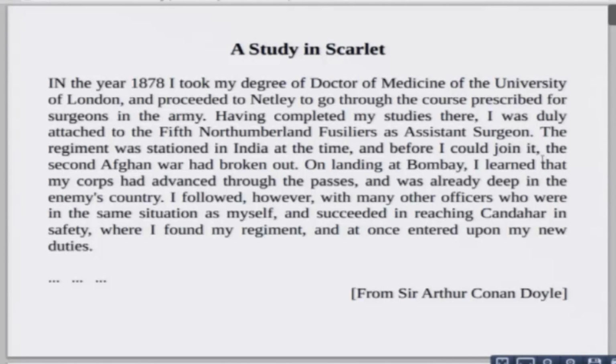Okay? So, some examples. This is the first paragraph of the first Sherlock Holmes story or novel written by Sir Arthur Conan Doyle. Okay? So, this is the point from where Sherlock Holmes came to life, let us say. And before this, in the beginning part of this, Dr. Watson did not know Sherlock Holmes. This is a story in which they come to know each other, okay? And then strike a lifelong partnership. So, this is the first paragraph of all Sherlock Holmes literature.